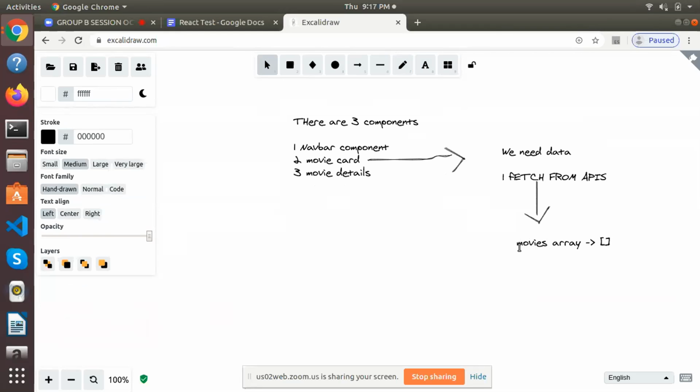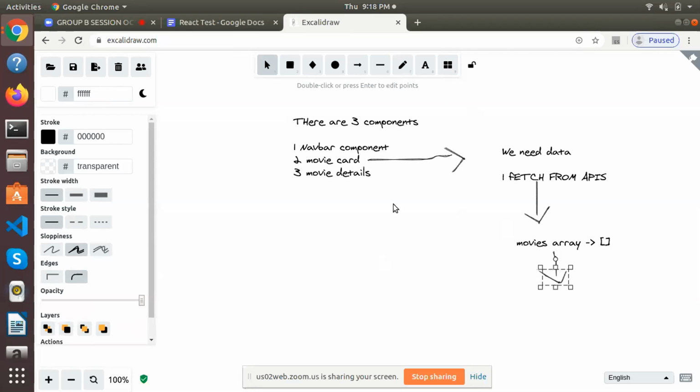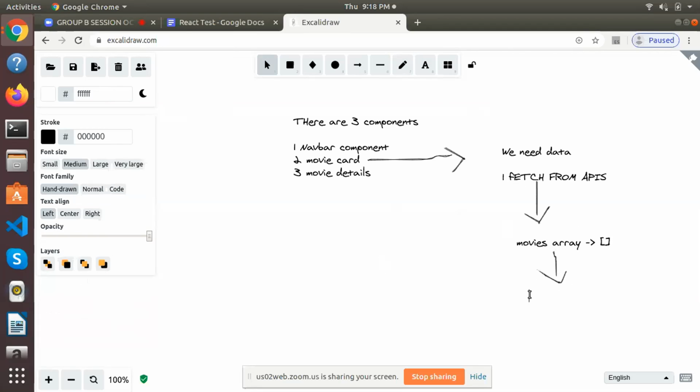You need a movies array, initialize it as empty, and in component mount you can call the API and store the data in state.